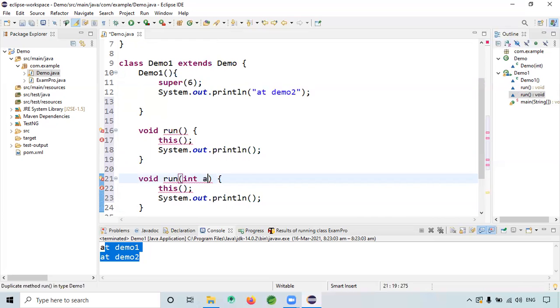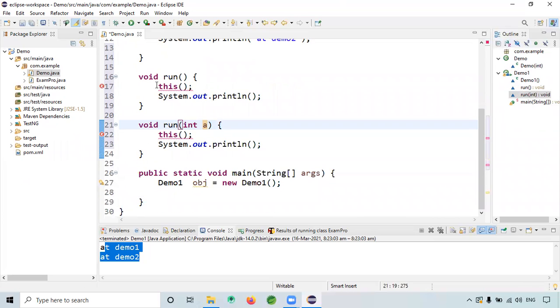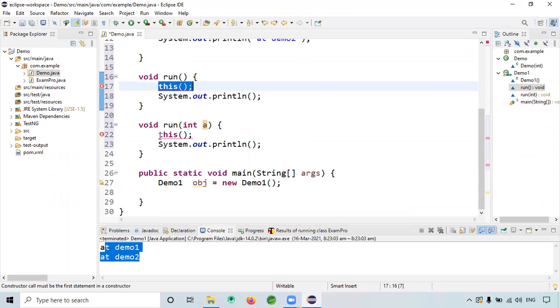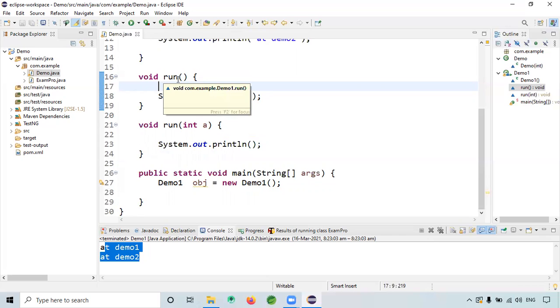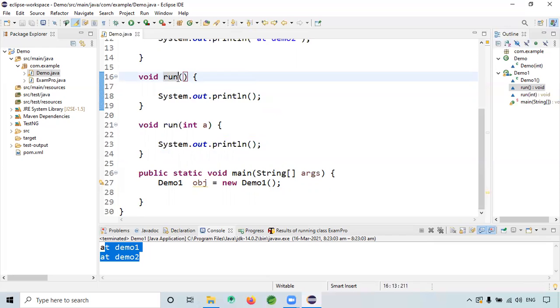One data member we'll call int a here. Let's say void run, this is void m, this is n.